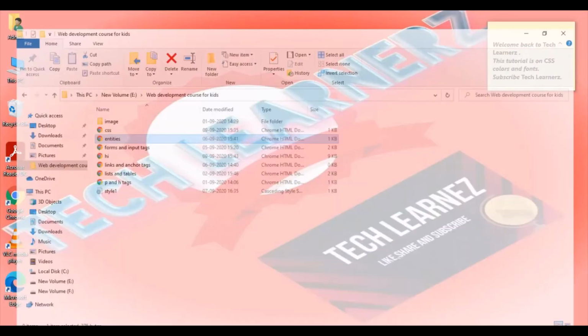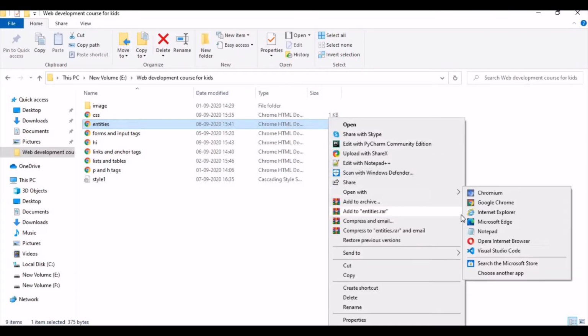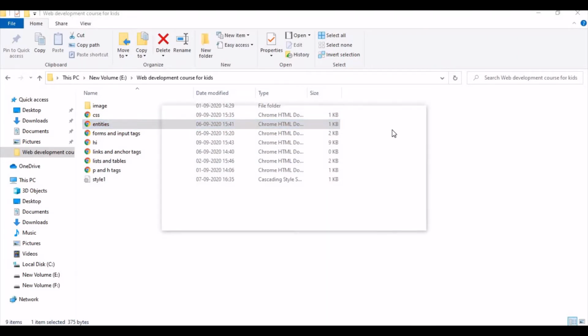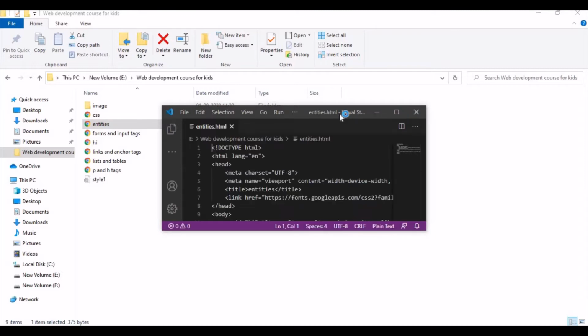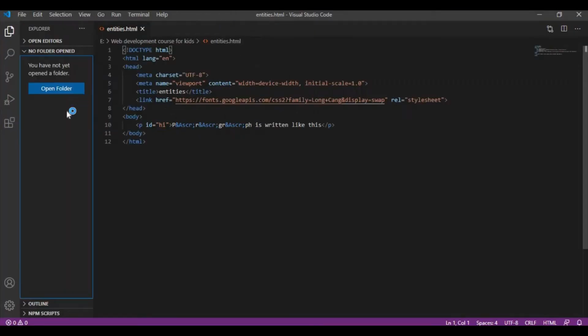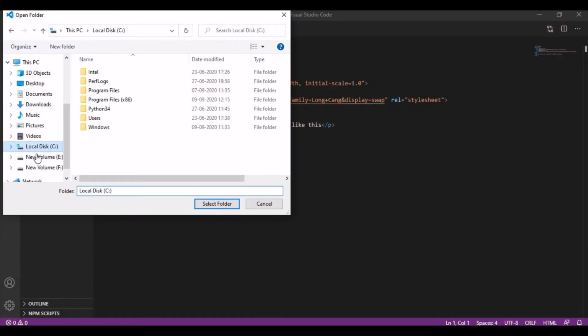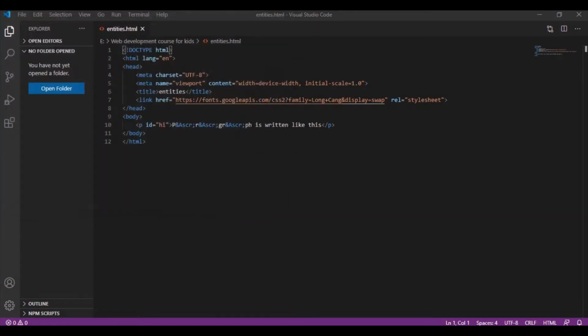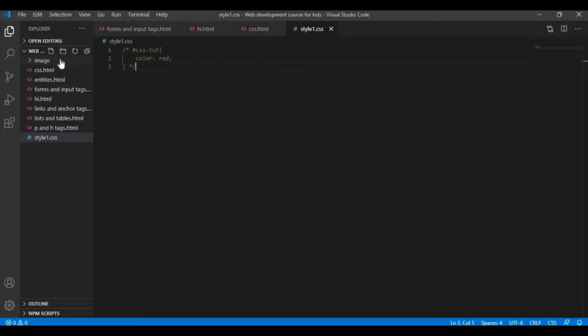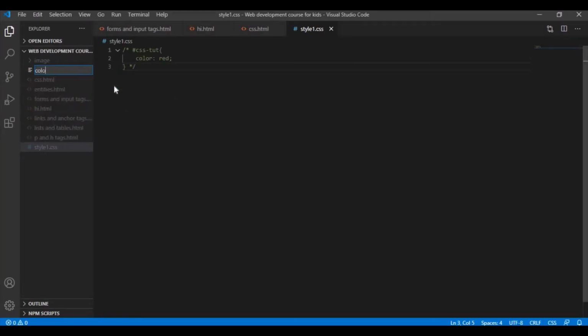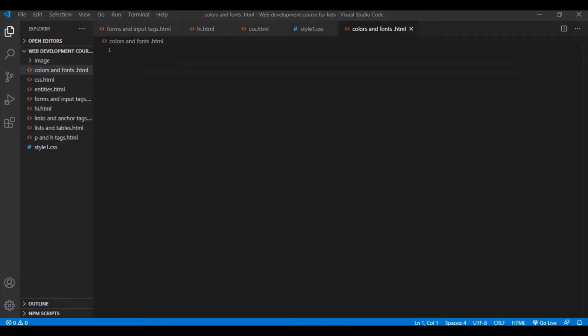Hey guys, so let's start. I'll open my VS Code. And my VS Code has been opened. I'll select the folder and create a new file called colors and fonts.html, and I'll put the boilerplate